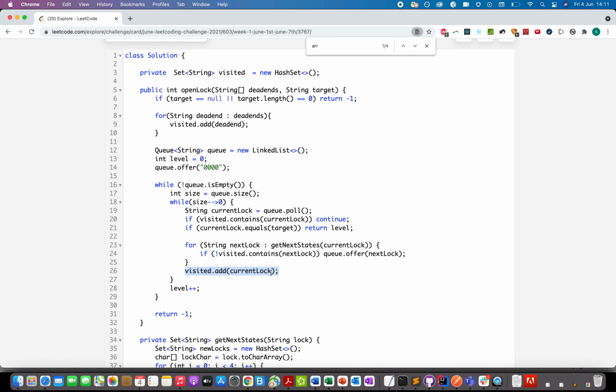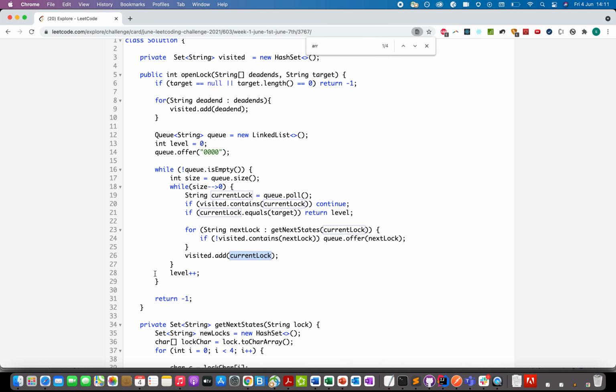I add the current lock to visited, updating my visited set with my current lock. Once we are out of this while loop, I increment the level value, and in the end I simply return -1. Now the question reduces to writing the next state method appropriately.